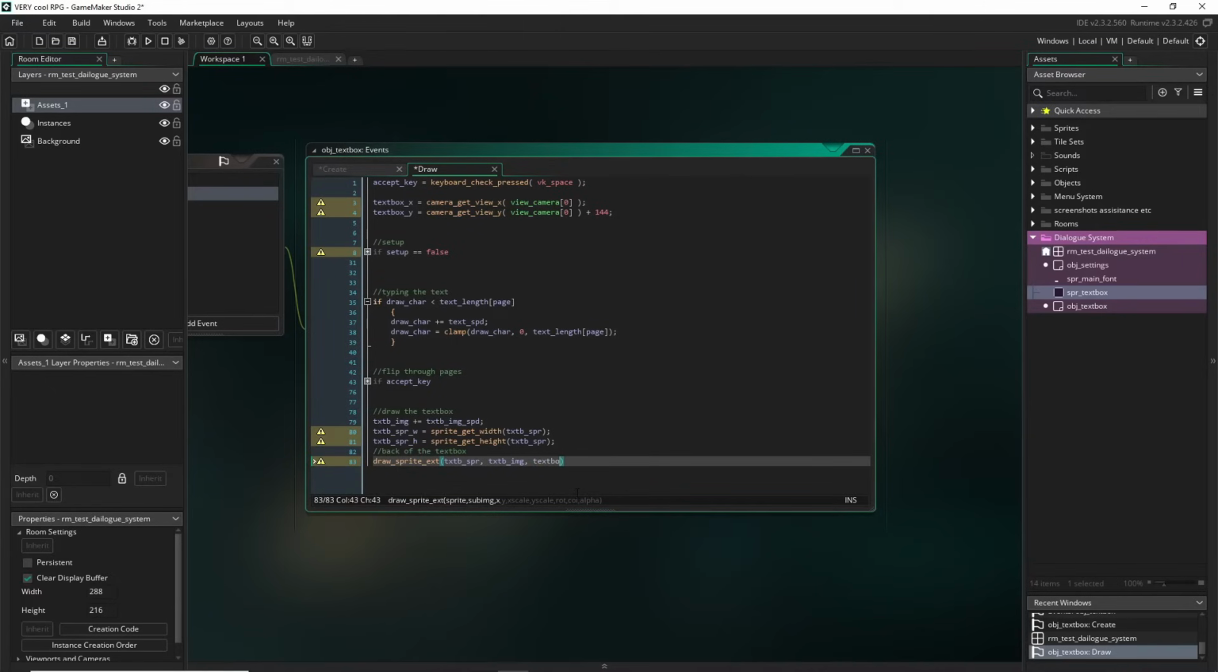So text box x plus text x offset of our current page. Our y is just going to be our text box y. And then here, for our x and y scale is where these are going to come in handy. So we want to take the width that we manually set, so text box width, and divide that by our